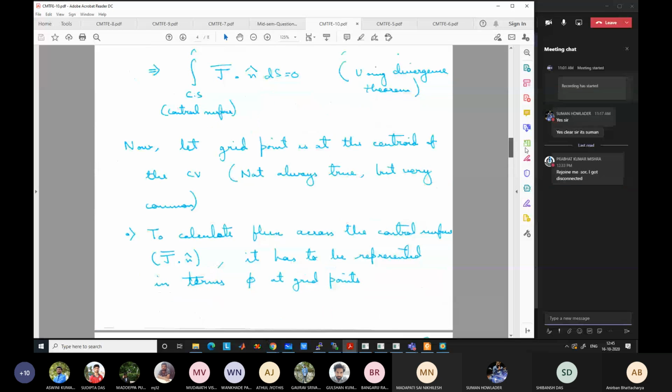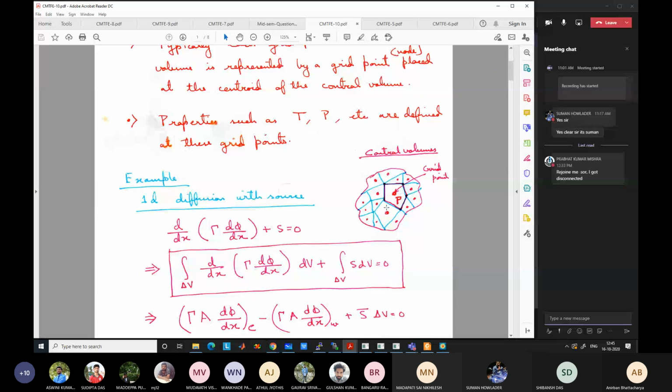Let me go back to this general point. If this was the case, you have 5 faces, right? How many neighboring grid points does this have? All these faces are considered to be neighbors. So 1, 2, not the corner ones, 1, 2, 3, 4, 5. So 5 neighboring grid points are there. So your equation will be APTP is equal to the summation of A1 T1, A2 T2, A3 T3, A4 T4, A5 T5. So all the neighboring grid points will come into the picture in the formulation for this type of unstructured grid. Whatever the number of neighboring points, they will come into the picture.